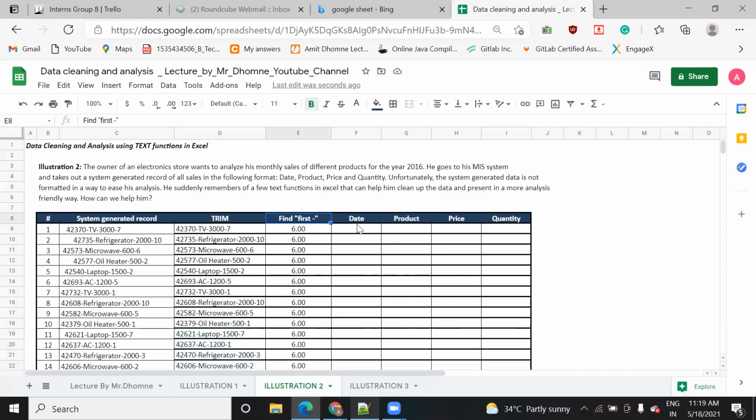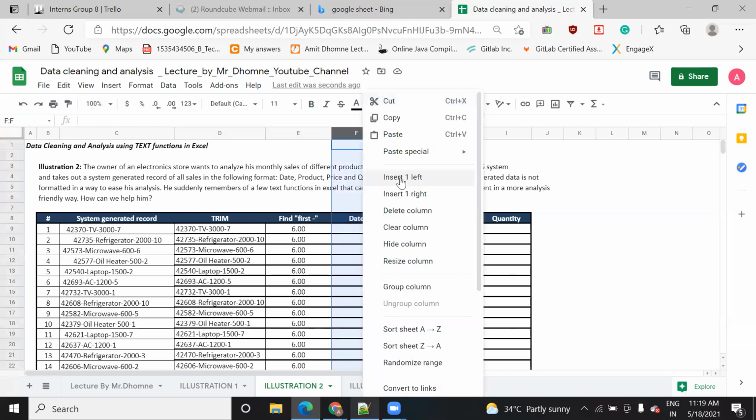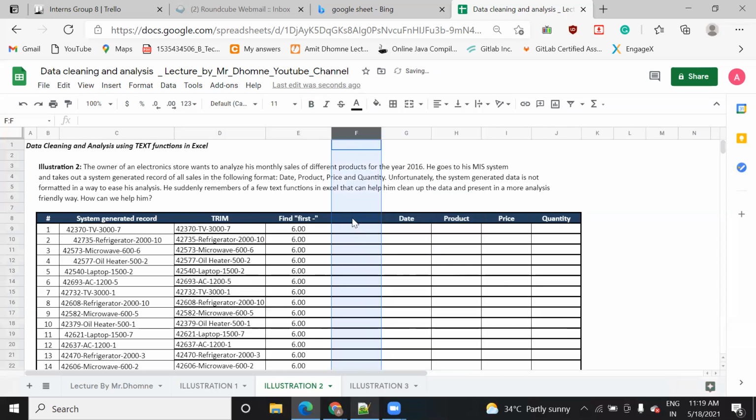Similarly, now you want to find the second hyphen, like in this TV, where the second hyphen comes after the TV. How are you going to do that? Just click on this, add one more column to the left. Here I'm going to write find second hyphen.